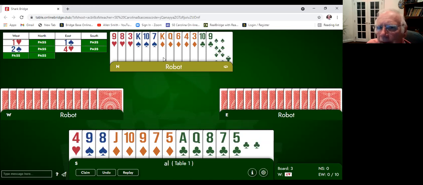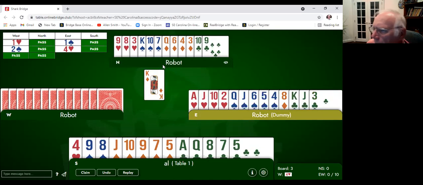Okay, and so he leads the king, and he's going to do the opening beat of the king of diamonds. Okay, and lo and behold, the dummy comes down, and we look at the dummy. We got to always look at the dummy. Don't focus on your hand, focus on the dummy next, and gather the information. And we see that the dummy has just the 8 of diamonds, a singleton. So we go, okay, the dummy has a singleton diamond in the suit my partner